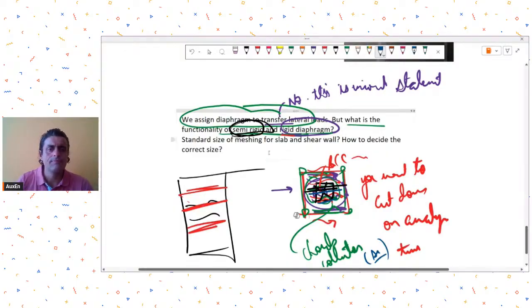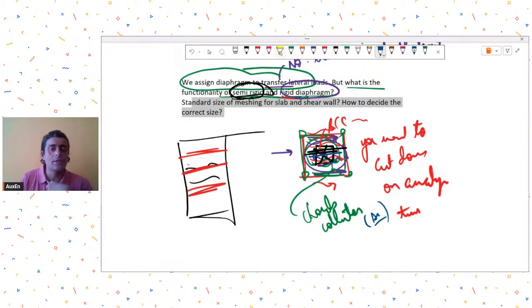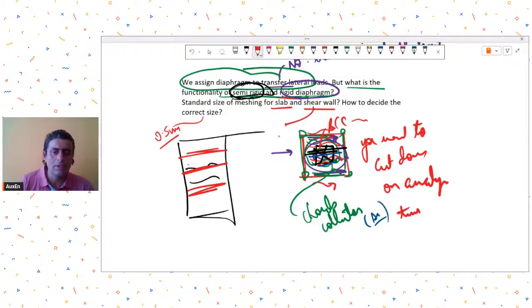Okay, all right. Standard size of meshing for slab and shear wall. There is no standard size as such. It depends on your project geometry, project size, etc. Usually, I like to keep it at around 0.5 meters for slab. Okay, 0.5 mesh size for slab. For walls, it will depend. Again, for walls, I like to keep it as 0.5 meter in plan view. So if this is my plan view, I like to divide it into 0.5 meter units,